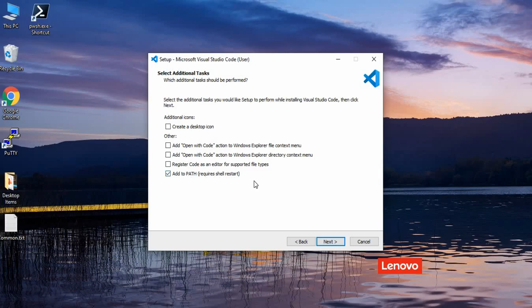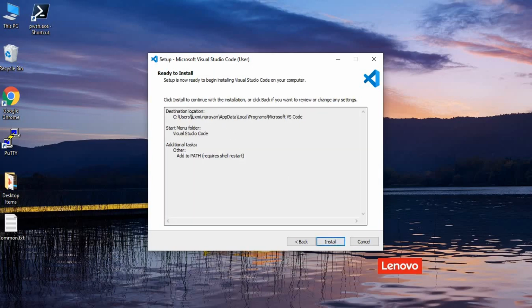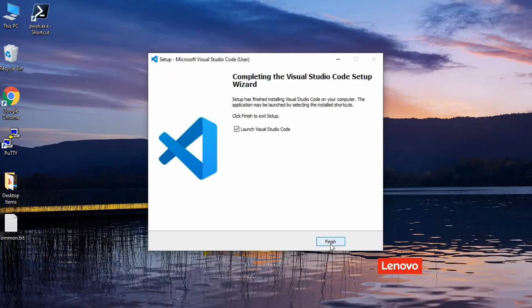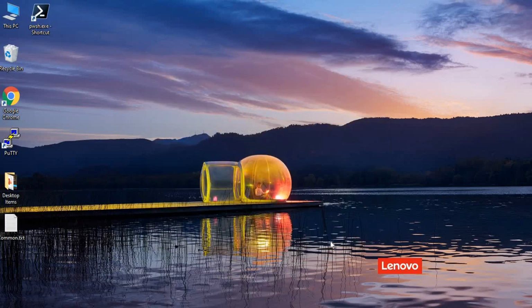This will help us run VS Code even from the command prompt. We can click next. We can cross-check our settings here. If we are okay with all these, we can click install. As soon as our setup is complete, we can launch Visual Studio Code. Finish.